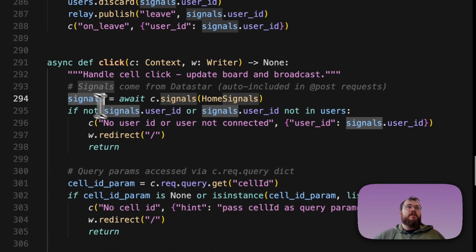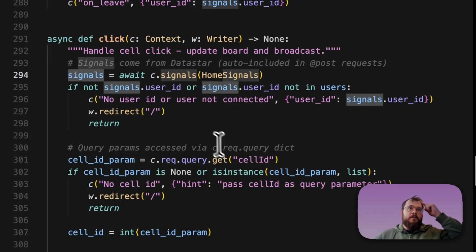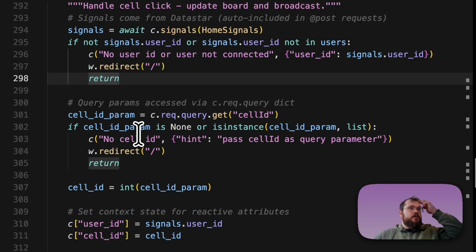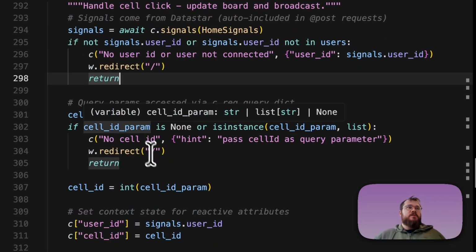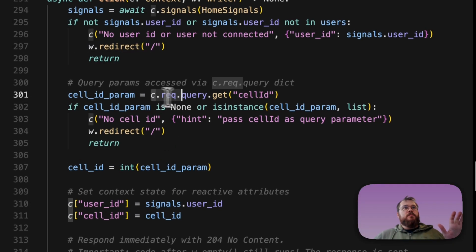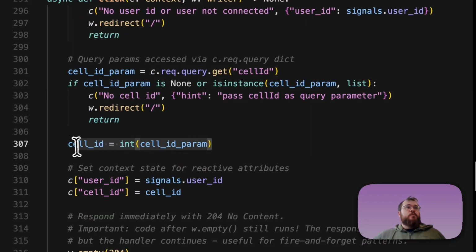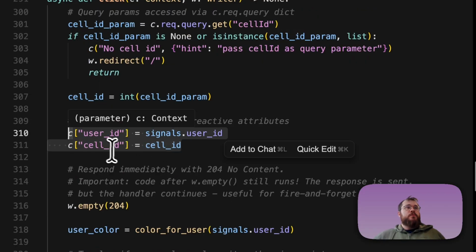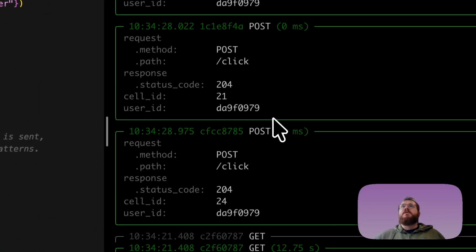So here we'll have it available, like with user ID and any other thing that is defined here. So yet again, if the parsing fails, we redirect back because we don't really care about validation in this scenario. But then we also have another argument that comes from the request directly. So we're interested in the cell ID that was clicked. So we just get it from query parameters. Here we are parsing it as an int, adding some attributes to the request itself, so we can see it